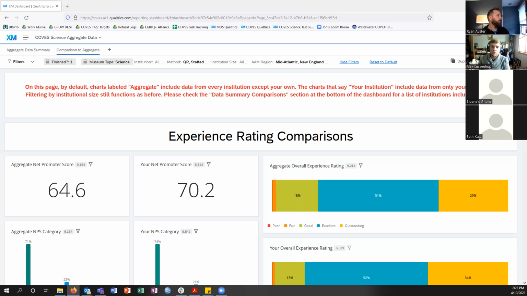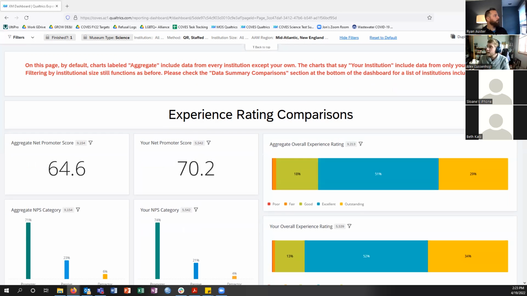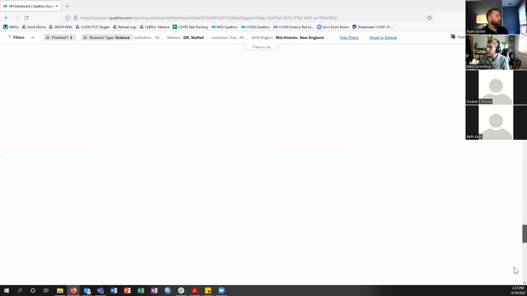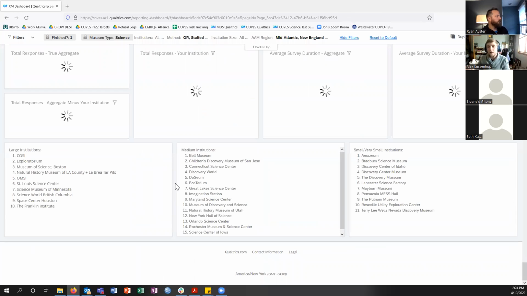Some of you it'll come in the next few weeks or months as you collect more data. So I think the last thing I want to point out is down at the very bottom of this comparison to aggregate page. A little bit annoying, but the best solution I've been able to come up with so far is,